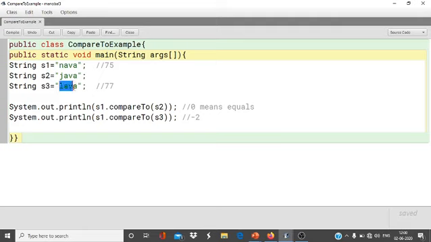Nava and Lava. So Nava is compared with Java. Again it will return a positive value, and also it will return a positive value. Why? Because N is greater than J and L. That's why both will return a positive value.